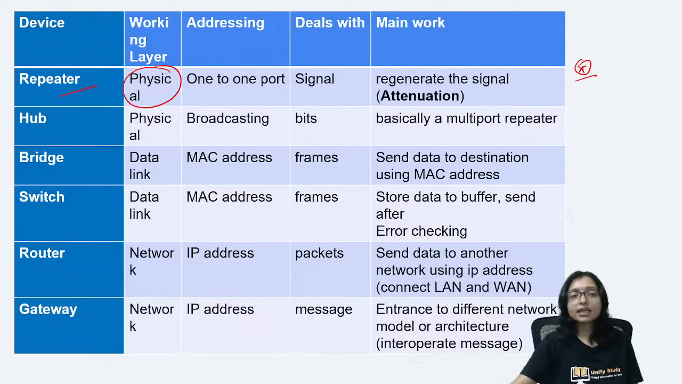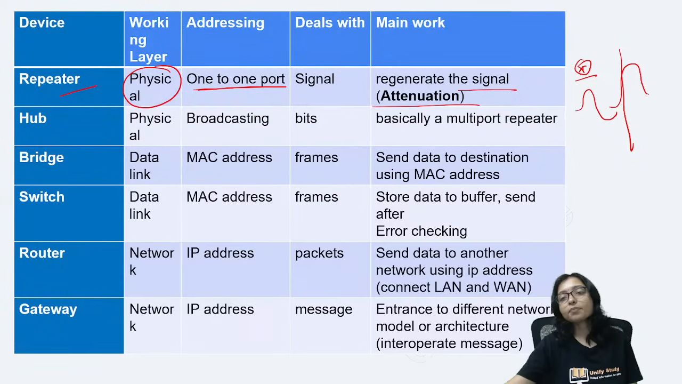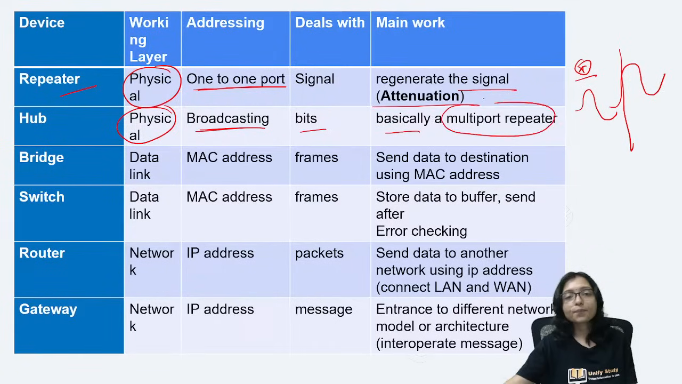The repeater works in the physical layer, with 1-to-1 port. The main task is regenerating the signal: when signal strength gets low because of attenuation, the repeater regenerates the signal to give it strength. The hub also works in the physical layer. It works with broadcasting, deals with bits, and is basically a multi-port repeater. Do the mind mapping, one by one it's increasing. Okay. Next one is